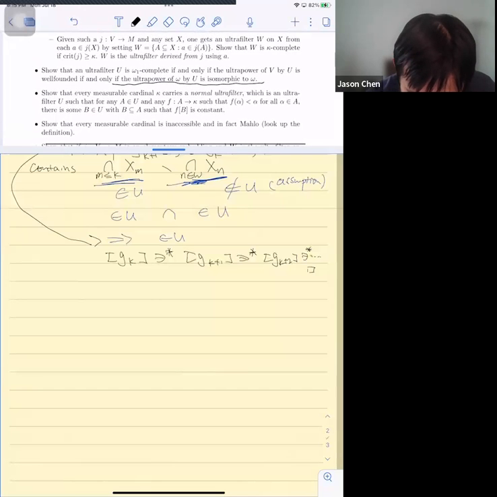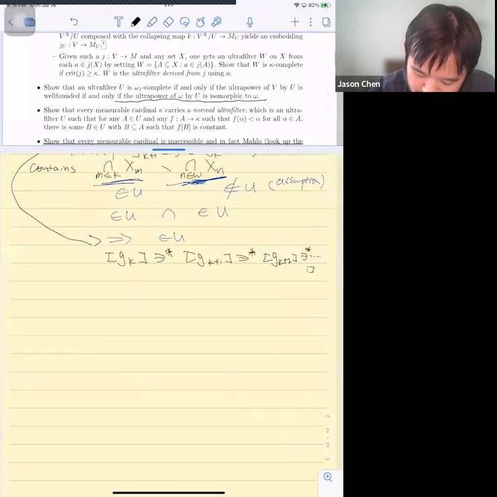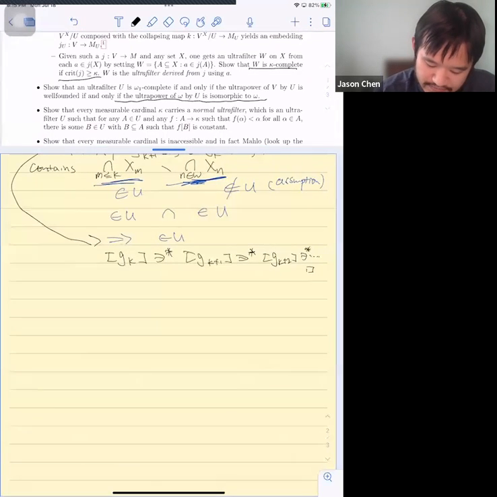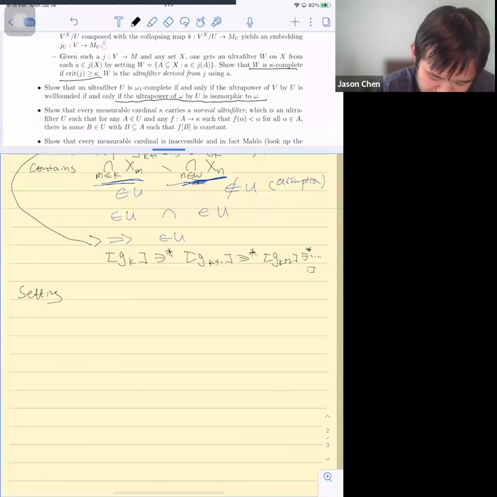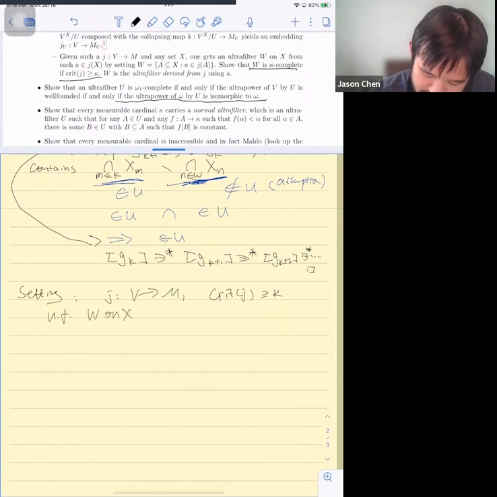Oh, there's something else. There's also the derived filter is kappa complete. Okay, now let's show this. The derived filter is kappa complete. All right, so again, the setting is, we have J from V to M. Critical point of J is at least kappa. And then you have a normal filter W on X, and you have some A in J of X, and then now we define